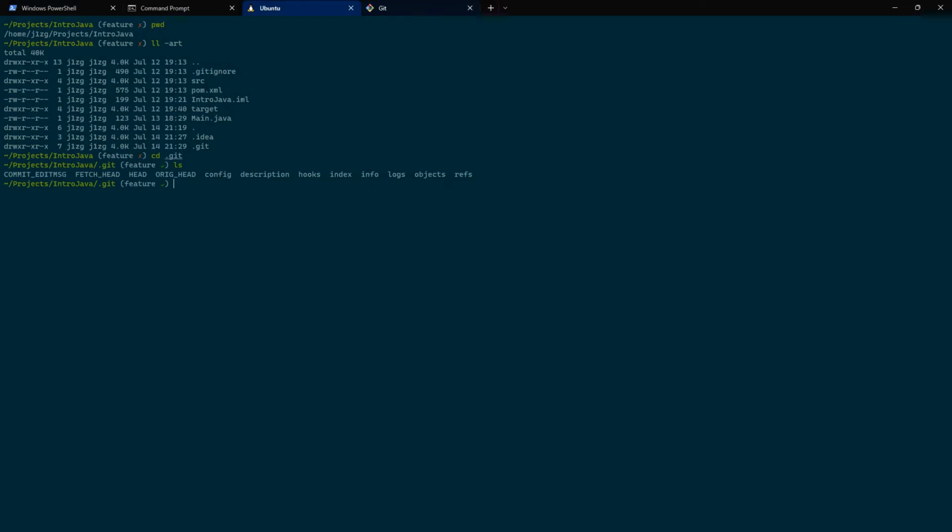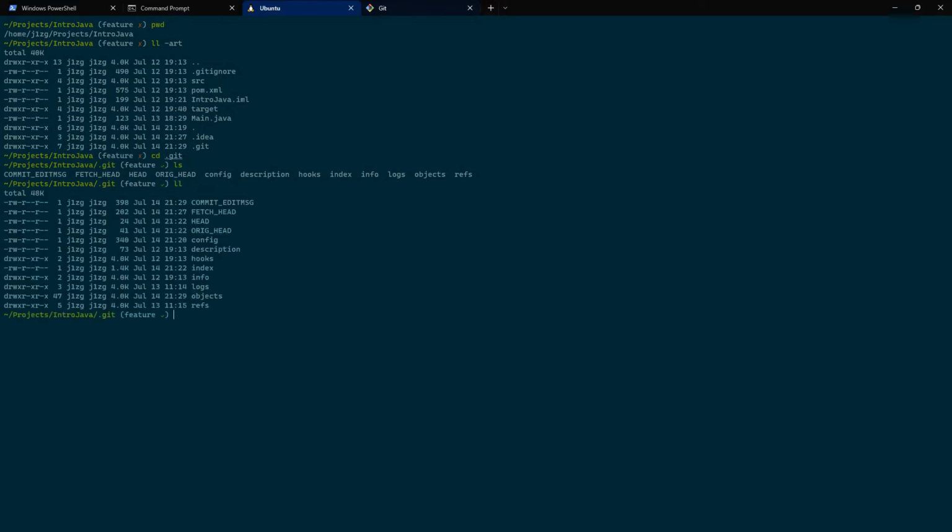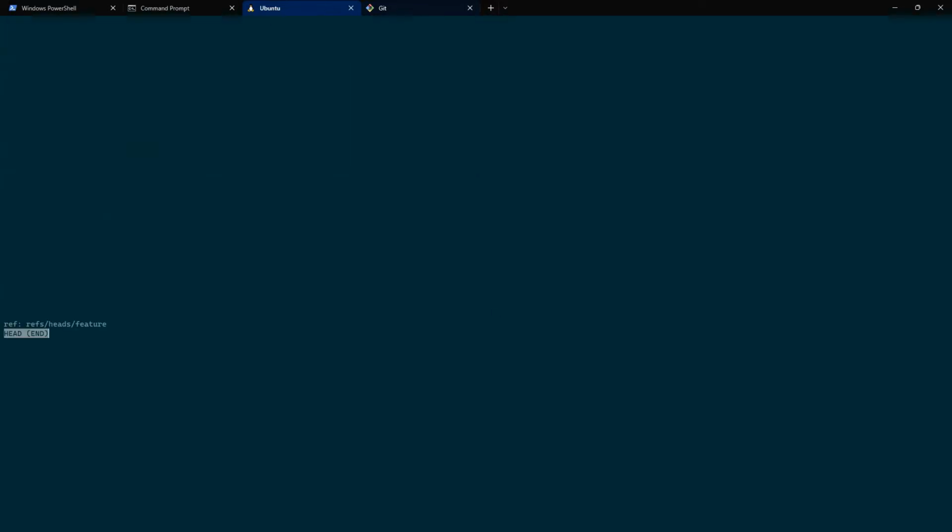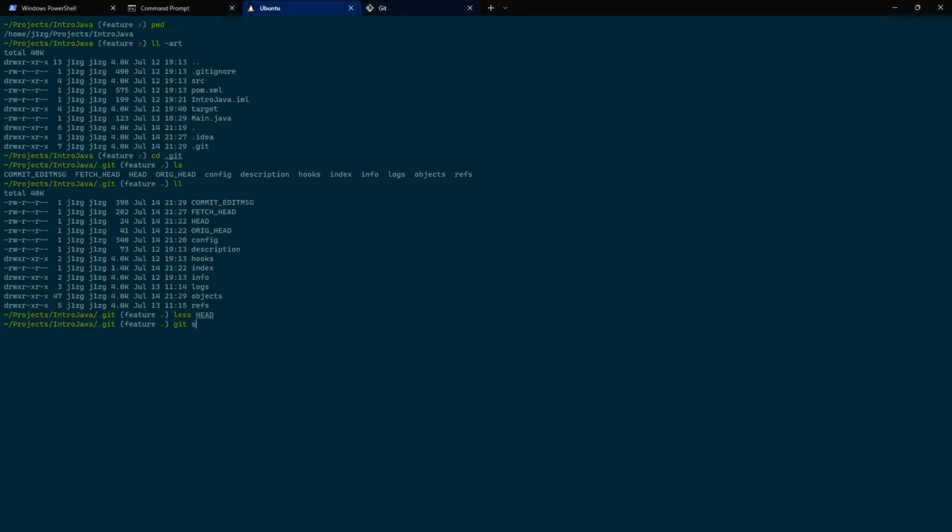Within here, it tells all those commits and the HEAD, which is where it's currently pointing. Let's view it. The current HEAD is pointing to feature, which is the current branch. Let's go back to the current directory. So once we have a repository, whether by git init or git clone,